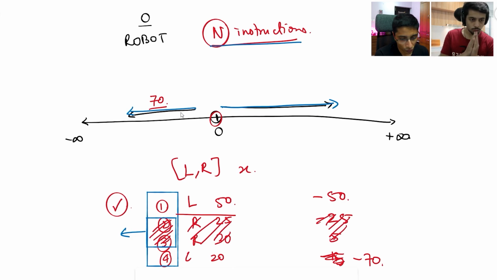All right, I think that makes sense. There are n instructions already given to the robot, and an instruction is kind of like this: move to the right 10 steps or move to the left 25 steps. That is one. And my goal is to send it as far as possible from my house because of